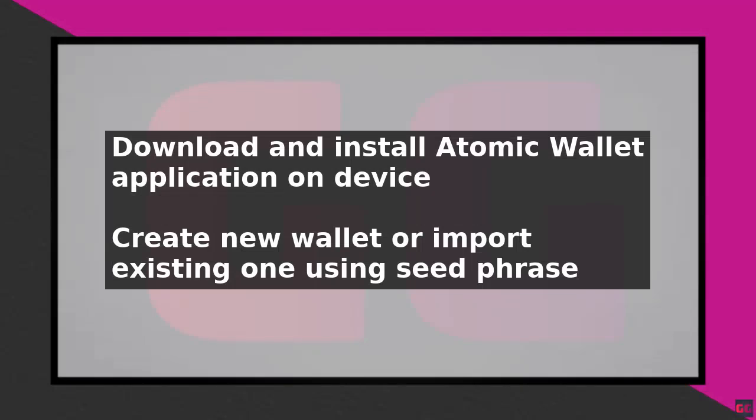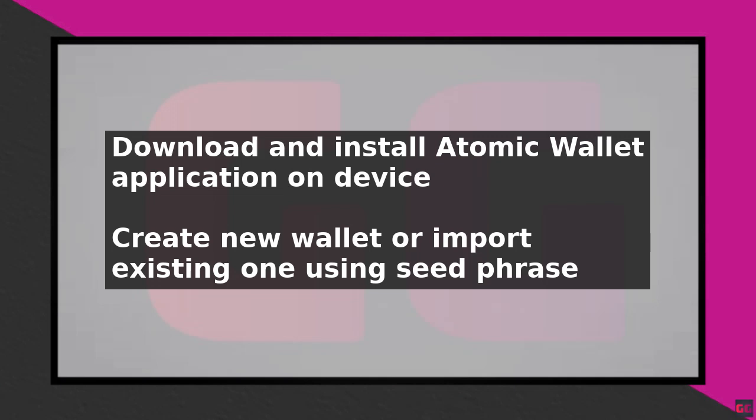To exchange on Atomic Wallet, start by downloading and installing the application on your device. Once installed, create a new wallet or import an existing one using your seed phrase. The Atomic Wallet interface is user-friendly and easy to navigate, with clear tabs for different functions such as wallet, exchange,